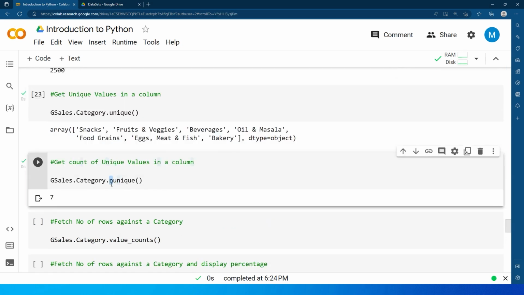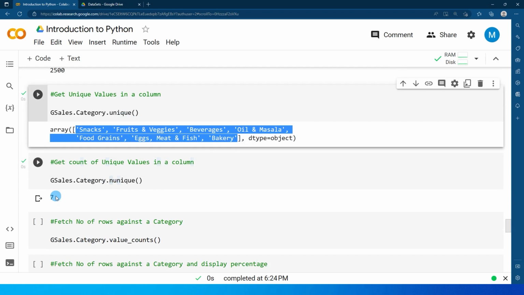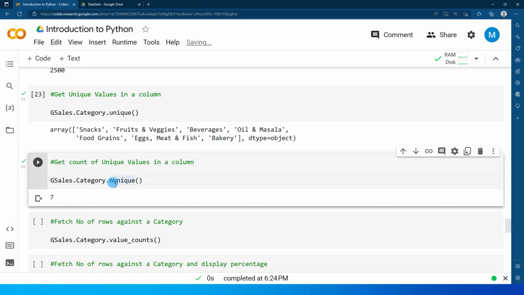With an additional n over here, things will change. Over here, you will get the unique values. Over here, you will get the count, just by adding n before unique to get the number of unique